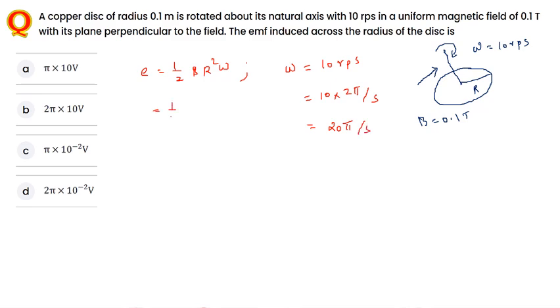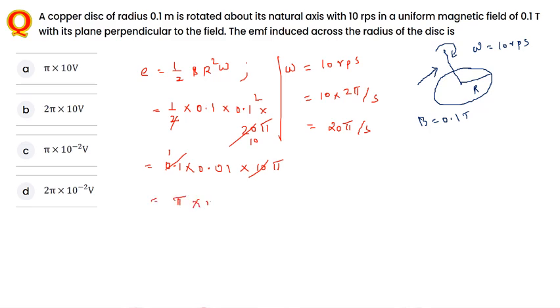Now substitute all the values: 1 by 2 into B value 0.1 Tesla, and R value 0.1 square, into omega, which is 20 pi. Now you can cancel 10 times. So here it is 0.1 into 0.01, that is 0.1 square into 10 pi. If you cancel this, it will become 1. So what you are going to have here is pi into 10 power minus 2 volt, that is the rotational EMF in this case. So the answer here is